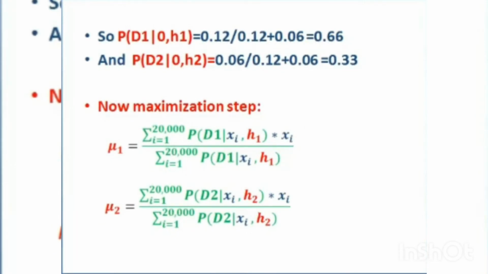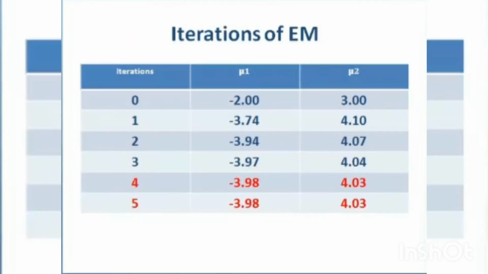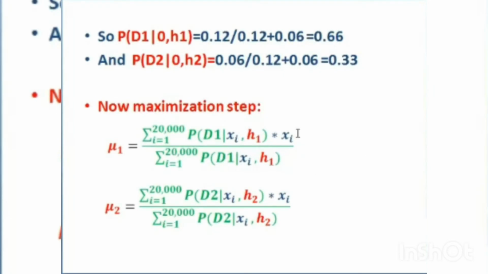Once you substitute for mu1 and mu2 differently, this is for mu1 and this is for mu2. So if you follow, you can make a table for each of mu1 and mu2. First, to calculate this, mu is taken. Again, to calculate mu1 dash, mu1 will be taken. To calculate mu1 double dash, mu1 dash will be taken in the formula. Can you get my point? In expectation, we need to use that.